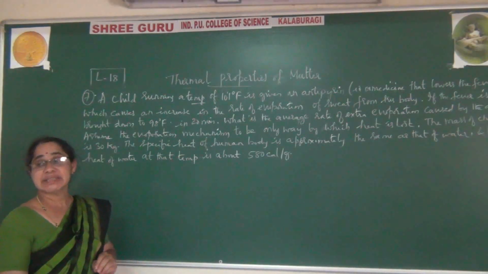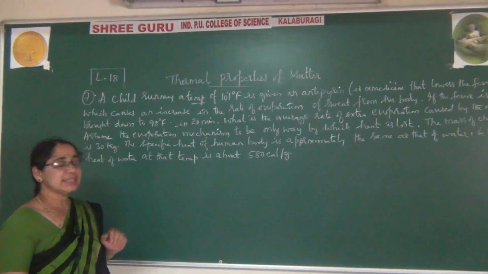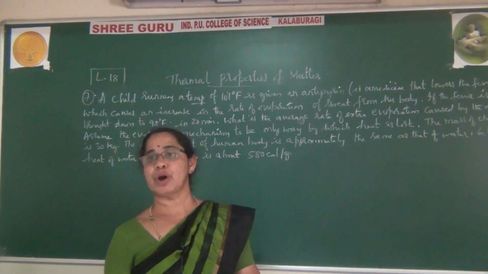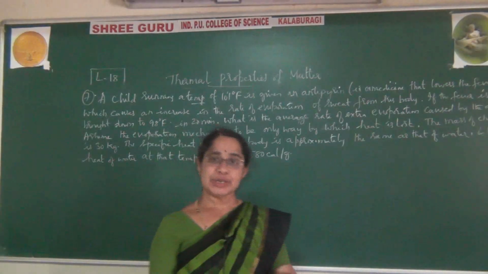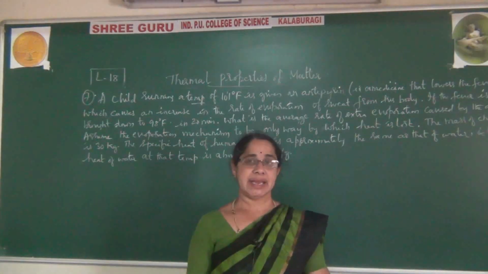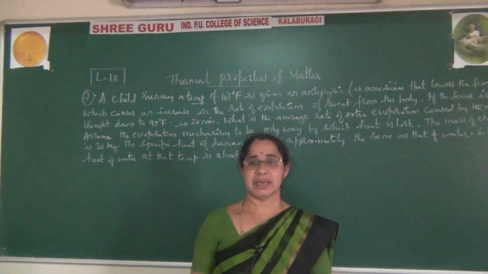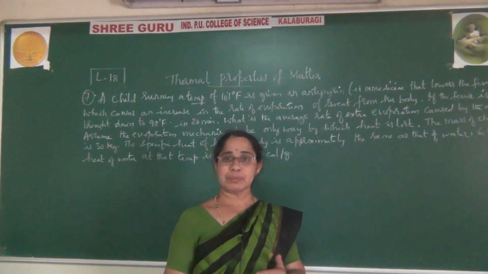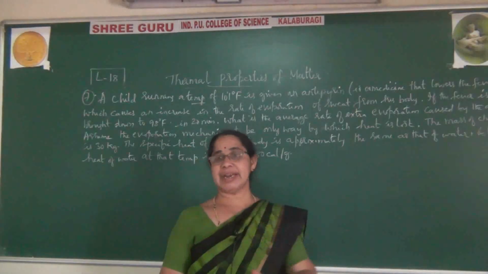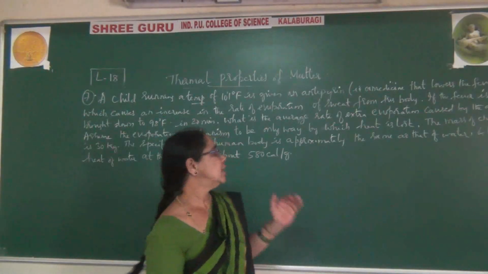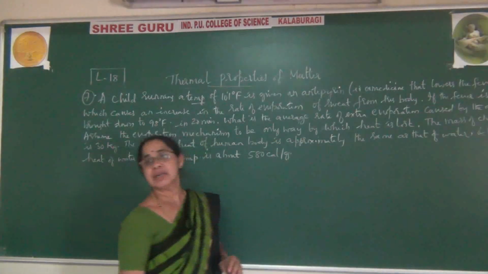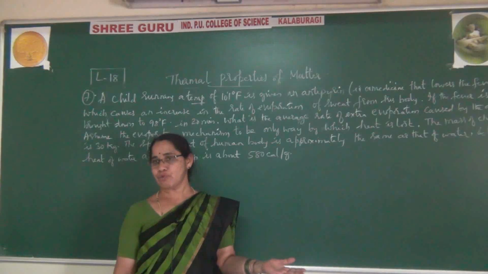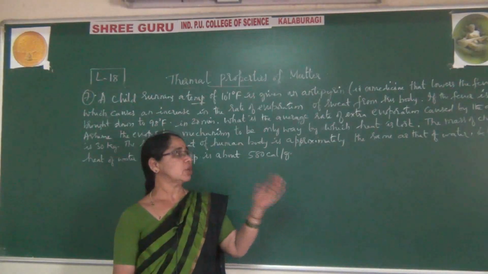But one condition they have given. To calculate this we need the quantity of heat, represented in terms of specific heat as Q equal to m c delta T. But here C, specific heat: the human body's specific heat is equivalent to the specific heat of water, they have said. Using that we have to solve the problem.